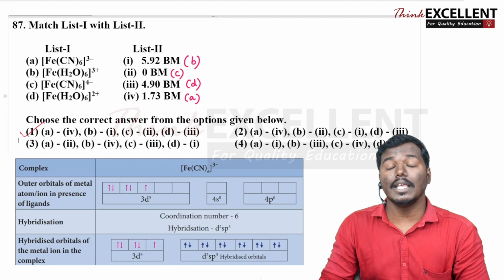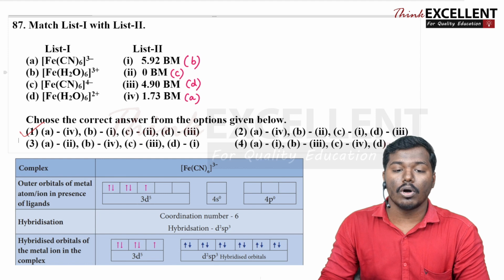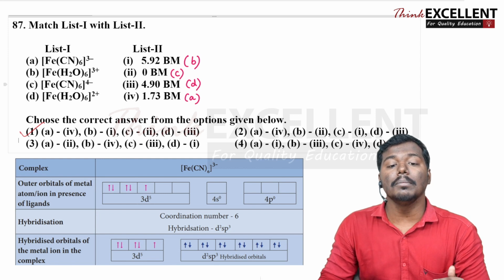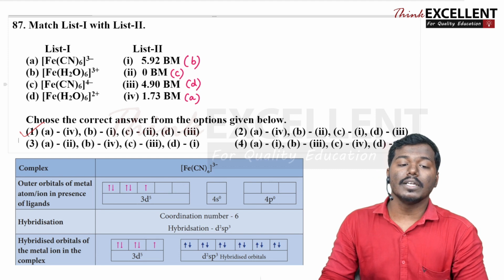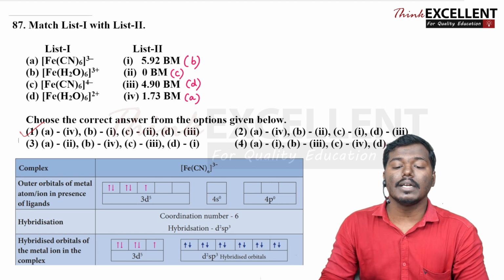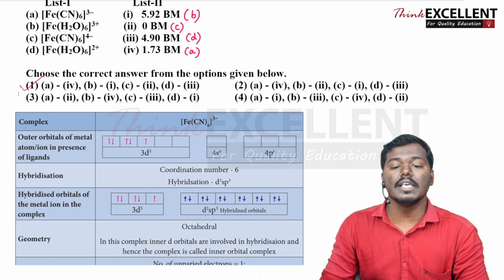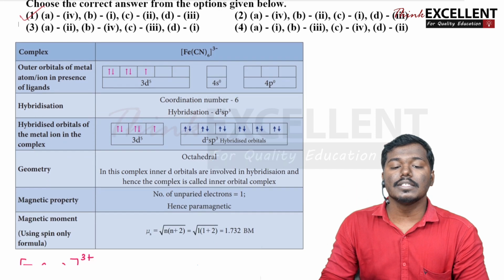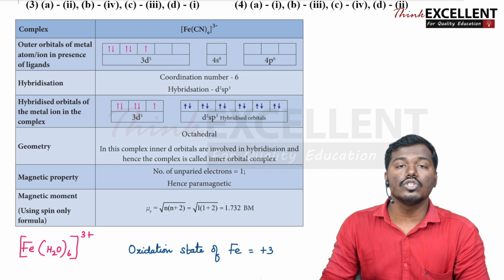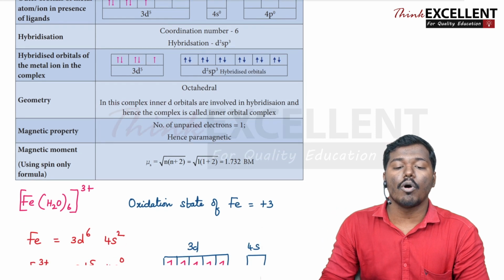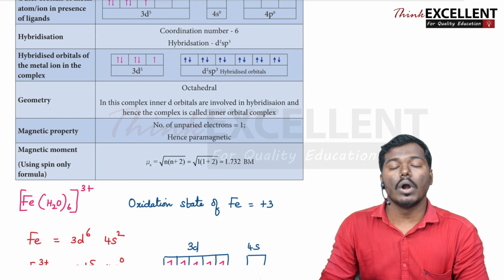We can see that they given the 4 complex ions and they asked to match with the magnetic moments which is given in the list 2. Okay, so idhula pathina first complex ion namukku direct book la kuduthirukanga, that is FeCN6 3-. So here you can see that in this complex we can see that the ion which is having only one unpaired electron. So using this magnetic moment formula, that is root of n into n plus 2, adula n is equal to 1 and substitute panna you will get 1.732.